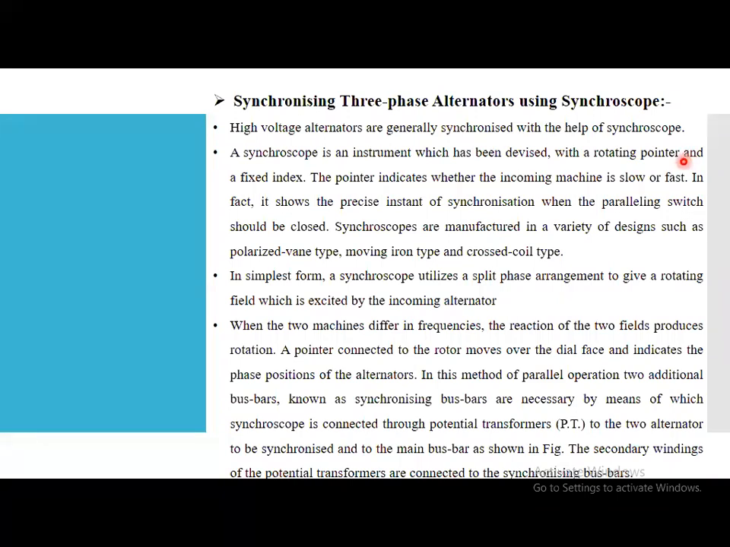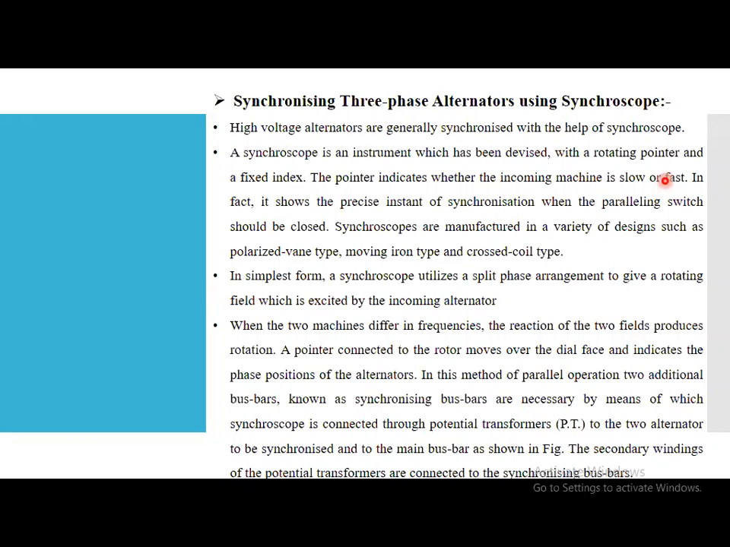Either it will be rotating in clockwise or anti-clockwise direction according to the difference between the frequencies, and it has a fixed index. The pointer indicates whether the incoming machine is slow or fast. What does the pointer indicate? Either my incoming